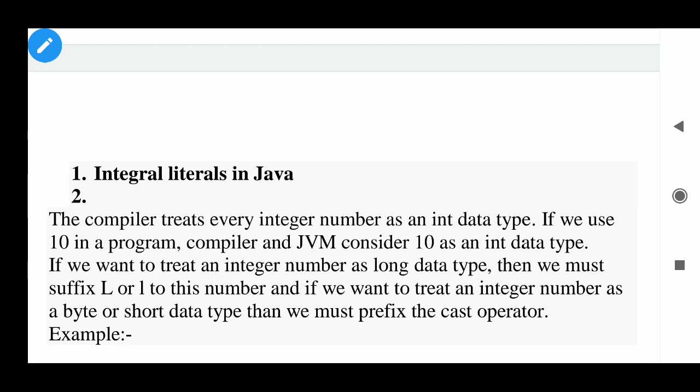That means after that number, you have to write L. Suppose we say int a = 10, it is an integer. If we write 10L, with L there, then it has become a long data type.